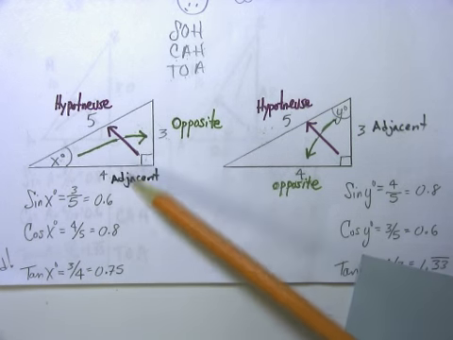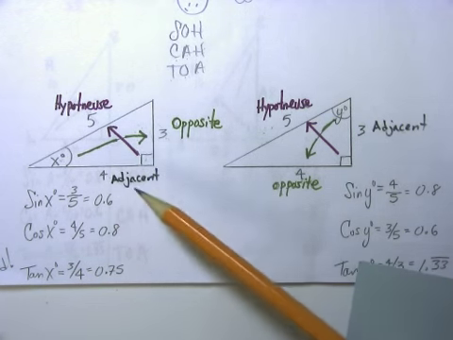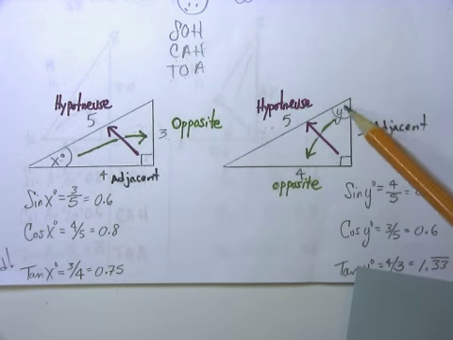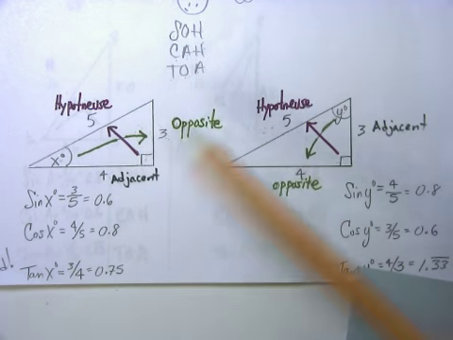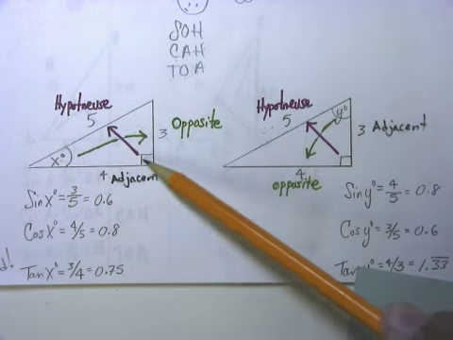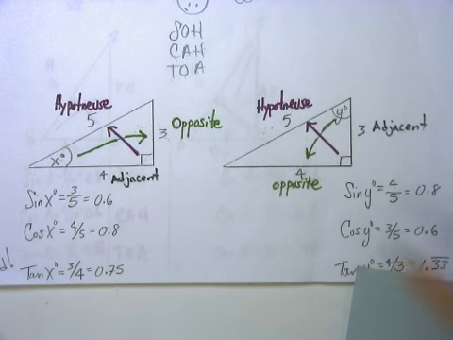So if we look here, depending which angle we're focusing on will determine how we label the triangle. If my angle is here, this is my opposite side, and this is the hypotenuse, this is the adjacent. If my angle is here, this is my opposite side. The hypotenuse, notice, by the way, how the hypotenuse